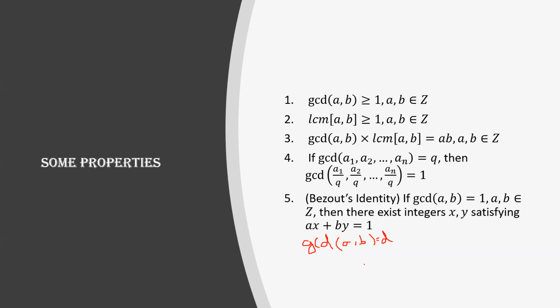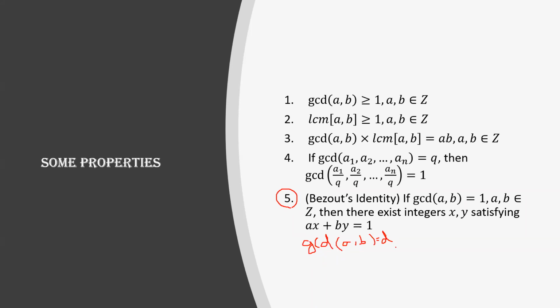So I am defining the GCD of two numbers A and B. Whenever I say number here in number theory, it means two positive integers, or I mean two integers for now. When I say that two integers A and B have greatest common divisor D, we will assume for now that property 5 is true. We will just go with property 5. Let's not try proving property 5. Let's try proving this property.